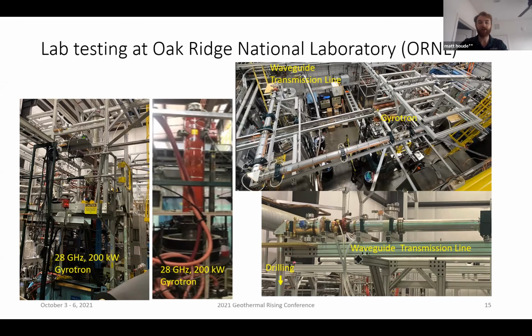MIT is where the technology got started, and Paul Waskoff was able to achieve small 2-inch deep holes, but was very limited by the power output of his gyrotron. He needed a much more powerful gyrotron, in other words, to actually make further progress. And so that is what we were doing here at Oak Ridge, utilizing their 200 kilowatt gyrotron and this large